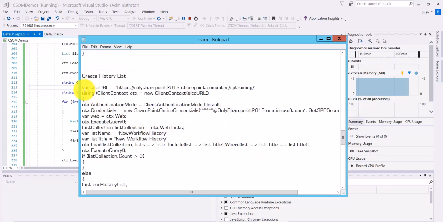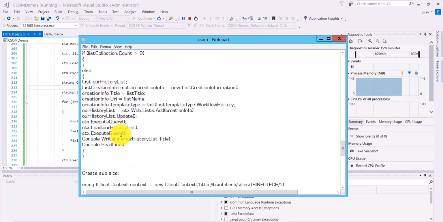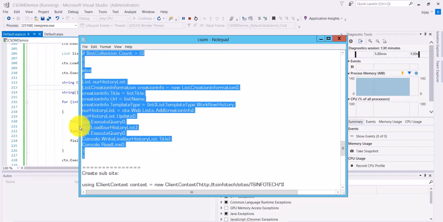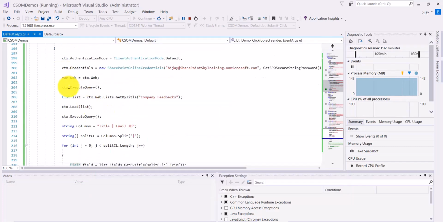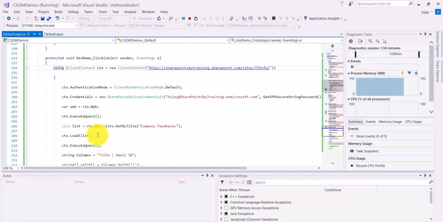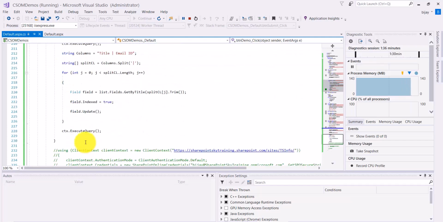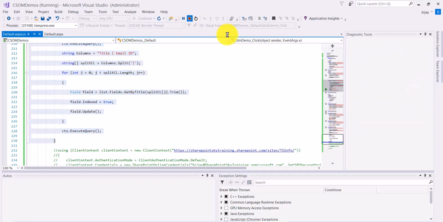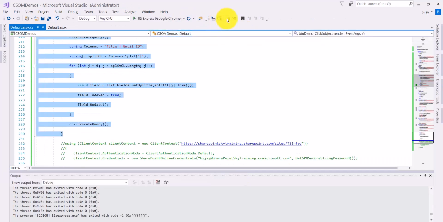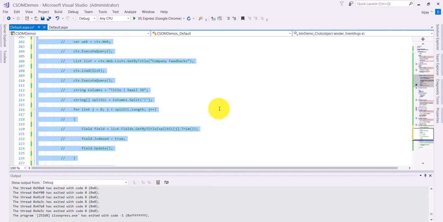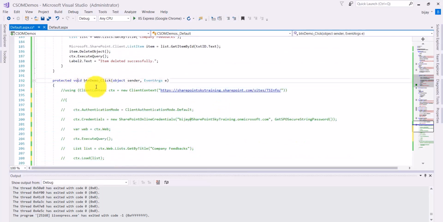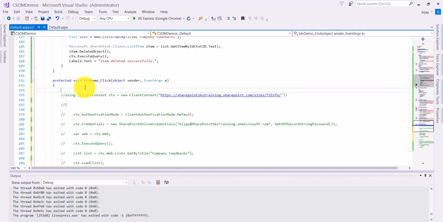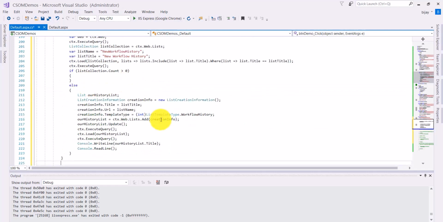For example, let us say we usually create the history list. If you look at that history list, you cannot create it by using your browser. So what we have to do is either do it programmatically, or do it using CSOM or PowerShell like this. Now we'll see how we can create a history list programmatically using the